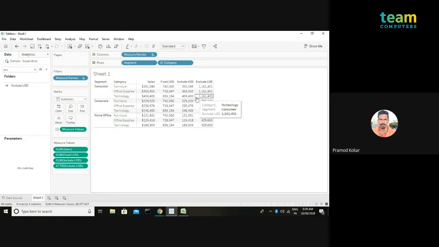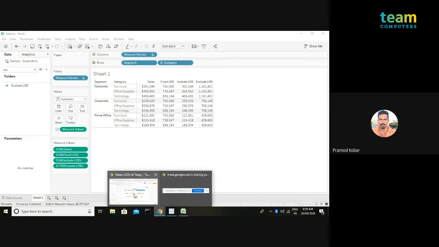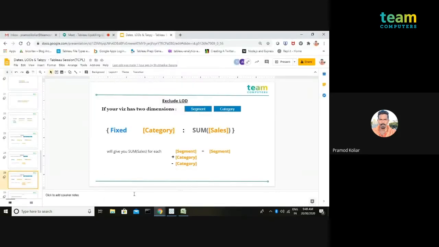It will exclude a particular dimension and compute your measure. In this scenario, it is excluding the category and computing your measure based on the segment. That's what fixed, include and exclude do. Fixed is the most used level of detail expression, whereas include and exclude have fewer use cases.